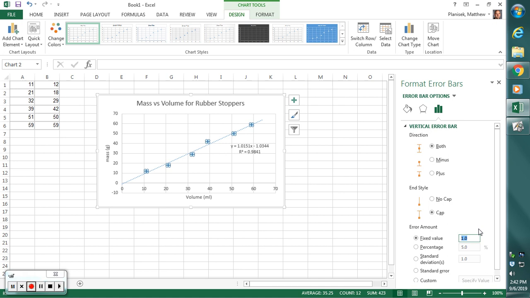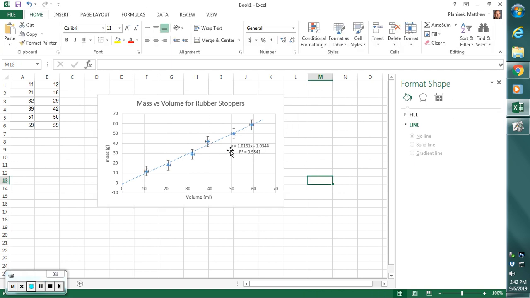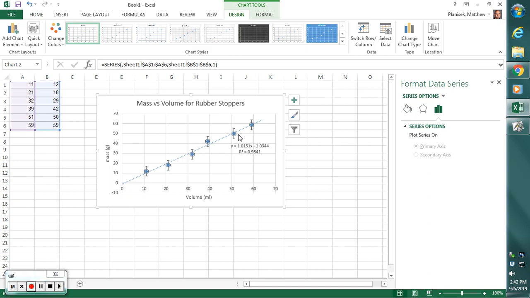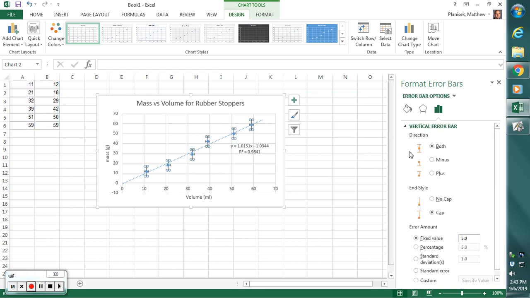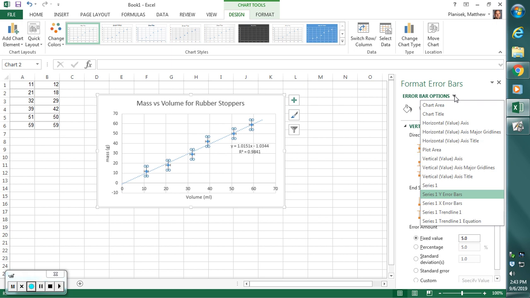So here they have a fixed value of 1. But as I mentioned, if we're doing something similar to the graduated cylinders in class, our absolute uncertainties were plus or minus 5. So I'm going to change that fixed value from 1.0 to 5. And when I click off of it over here, we'll see that the Y error bars have gotten much larger than the X error bars. Now, I'm going to click that. Oh, that's not what I wanted to do. I'm going to go back to error bars, and go back to more options. So error bar options up here at the top,